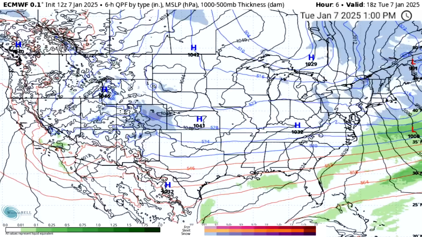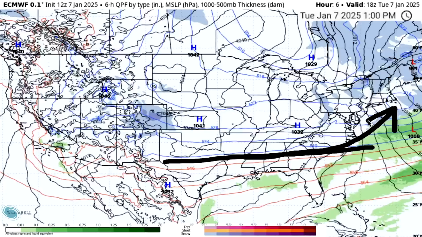I think if this storm moves in a little bit quicker than anticipated, that gives us the better chance of seeing it pull up the coast. If it's a little slower on its arrival, that's where we get a lot more of a flatter, southern slider type track. So again, the difference is something like that, or a quicker storm that wants to pull up the coast. And of course, anything in between is also possible. So we could see it pull up a little bit, but not enough to bring the mid-Atlantic and northeast snowfall.